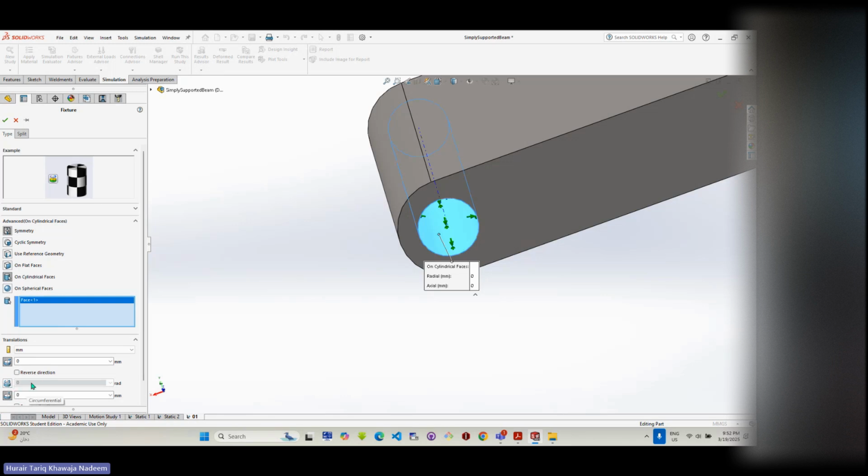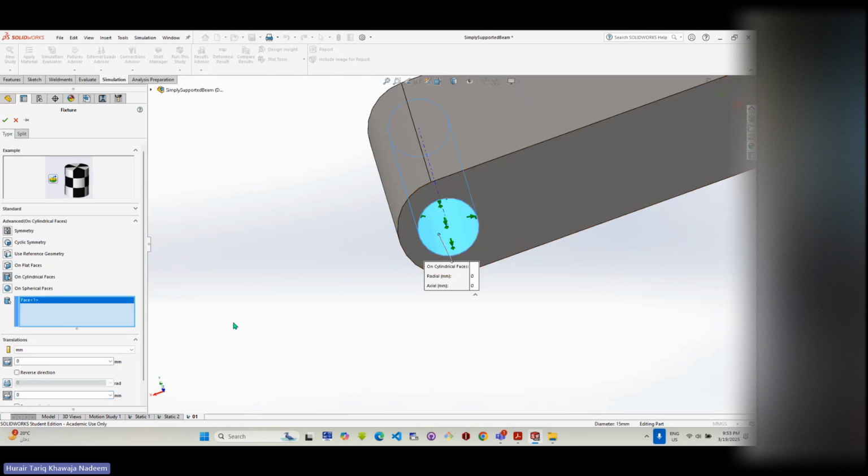When you disable this, it means it can freely rotate. But because this is connected with a pin, and the pin is of course connected somehow to the ground, this cannot go in the axial direction. So this is for axial, and I'm saying that the value is 0. When we say value is 0, this means it cannot move. If you say value is 1, this means it can move in the axial direction by 1 millimeter. But when the value is 0, it cannot move at all